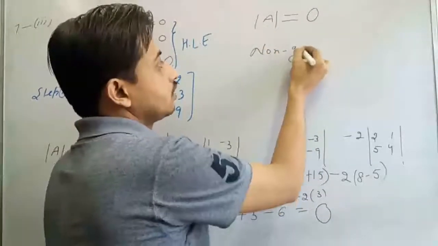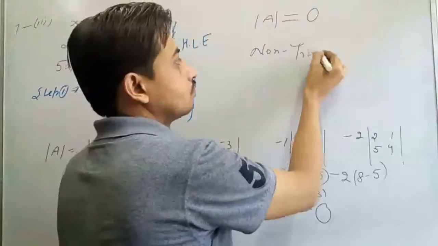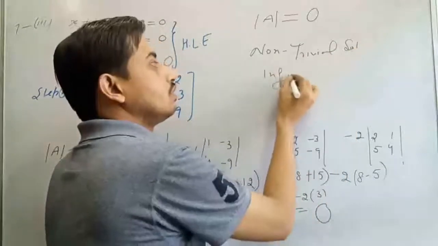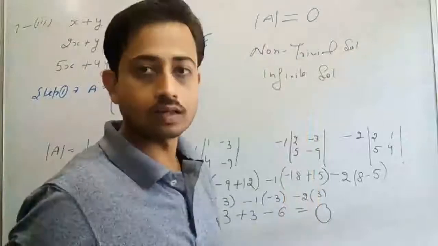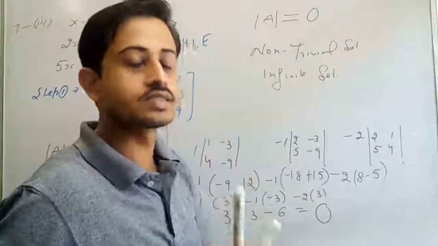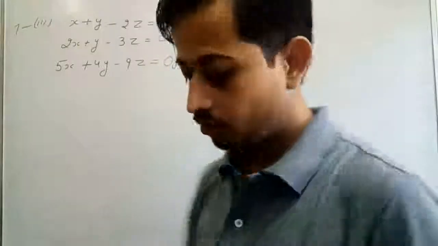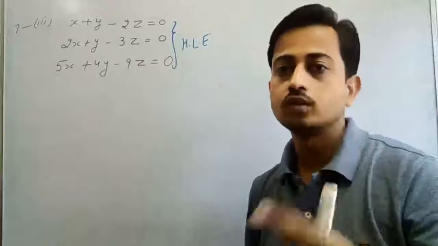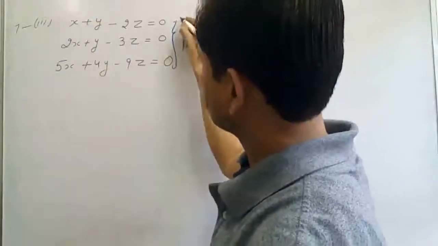So we get non-trivial solution. We get infinite solutions. Now what are the infinite solutions? So please make a note first. Now we get the infinite solution. It's very easy. What's the step? Step 1, you have to write the coefficients. What are the coefficients? Use first two equations.